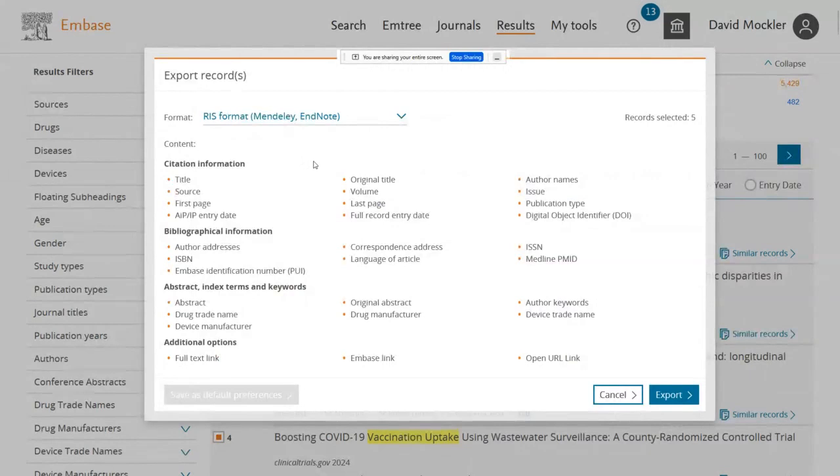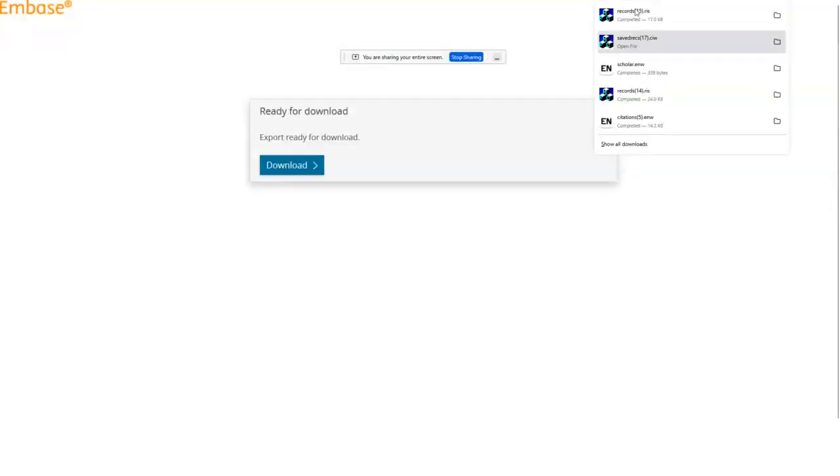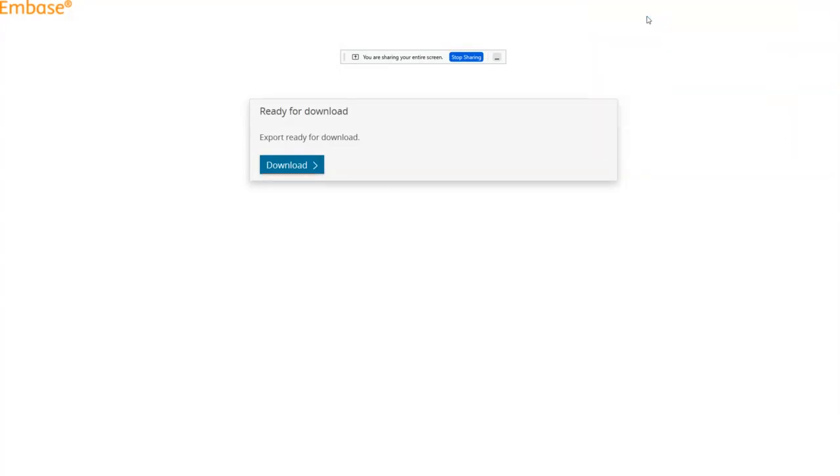Okay, now slightly different this time. So it's saying this RIS format, which is standard for EndNote, and you see it's in parentheses there after Mendeley or EndNote. Okay, so it's in the correct format, and it's always there by default, so you never really have to select that option. Okay, so I just click on export. It takes me to this screen, then it's download, and there's that box again. So that was the one from the Web of Science. This is the one now from Embase.